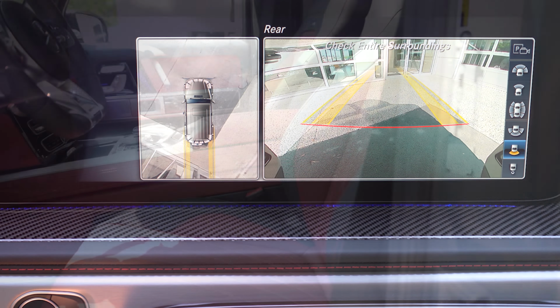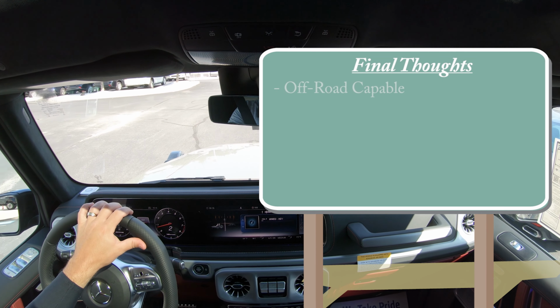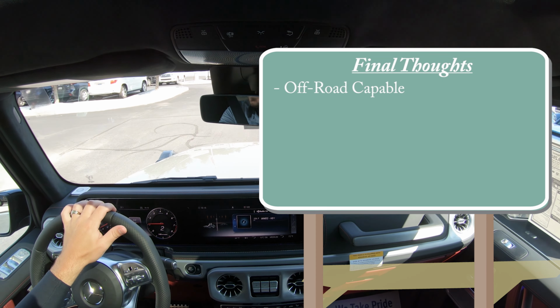And so overall, when it comes to my final thoughts here, this is an extremely off-road capable SUV. I'm not sure you would ever take it off-road just due to the price of the thing, but still, it is very off-road capable. I'll say that. It is incredibly quick as well. 0 to 60 in 3.9 seconds is definitely very nice. Nice ride quality,